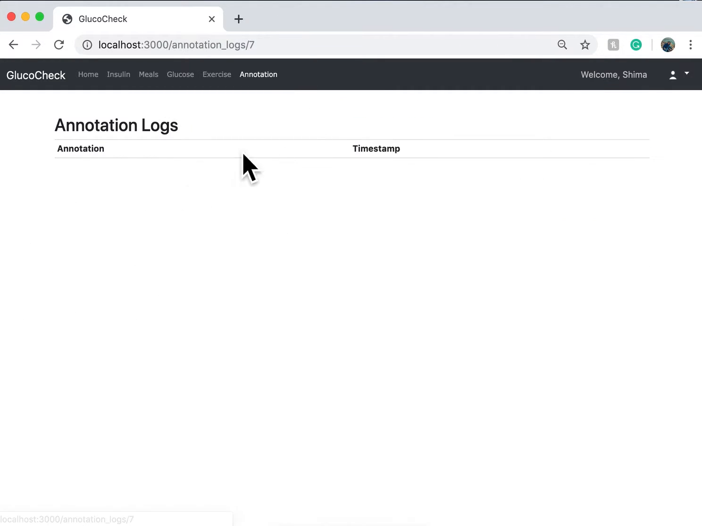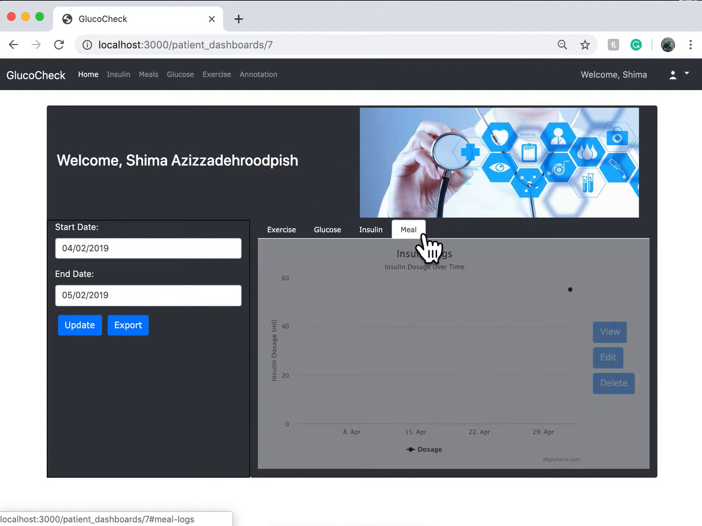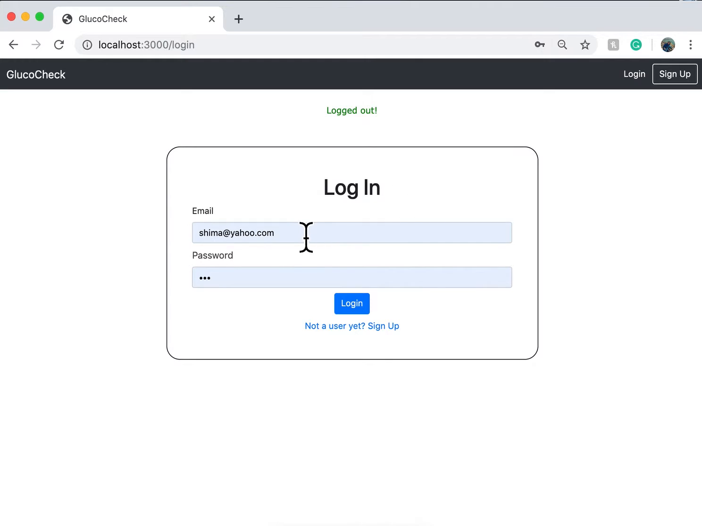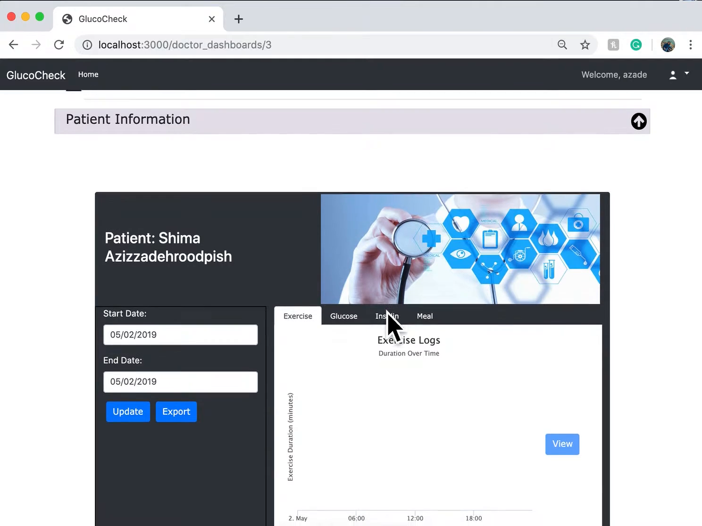See that we have no annotation yet because the doctor didn't put anything. We just added the doctor here. In the home page, you can check all the new data that I just added are available in different appropriate pages here. So if now I go back to the doctor's page, I can see that the patient is successfully available in the doctor's dashboard,